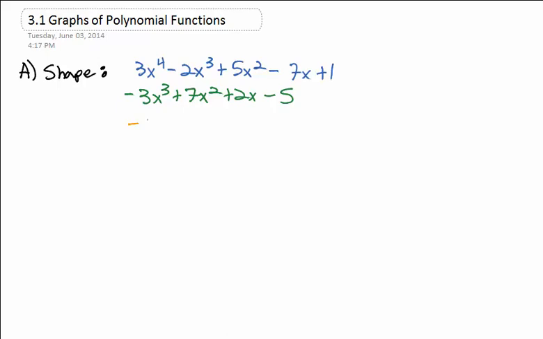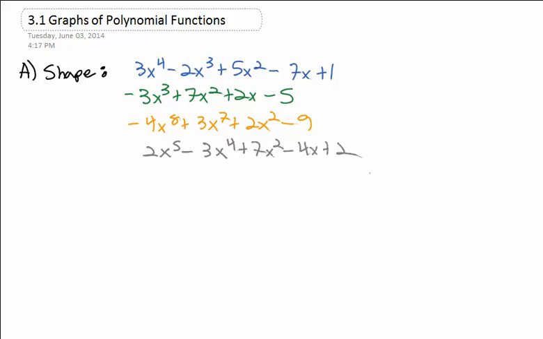Another example might be negative 4x to the 8th plus 3x to the 7th plus 2x squared minus 9. These are all polynomials. I want to do one more example, though. How about we do 2x to the 5th minus 3x to the 4th plus 7x squared minus 4x plus 2, something like that. The way we gauge the shape of a polynomial is we are going to have to look